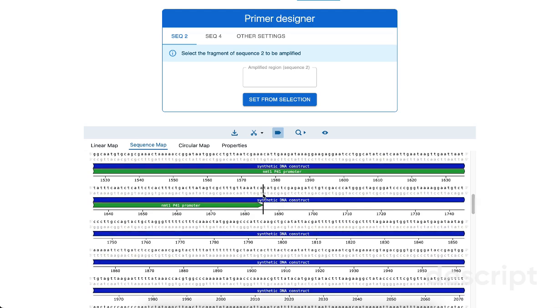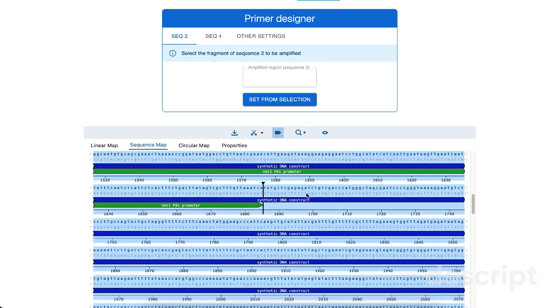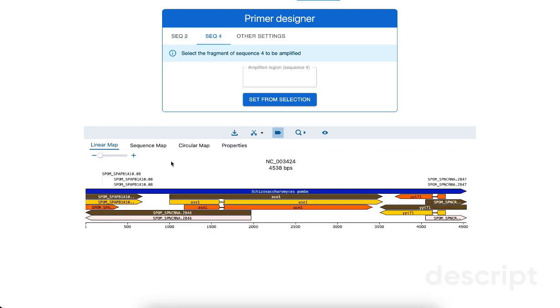So to do that, what we do is you come here and basically you put the line where you would want the insertion, and then you select towards the right and go back, and that selects the whole plasmid around that point. So you will amplify the entire plasmid around there. So you click on set from selection, and then here in the ACE1 or the gene of interest, we select